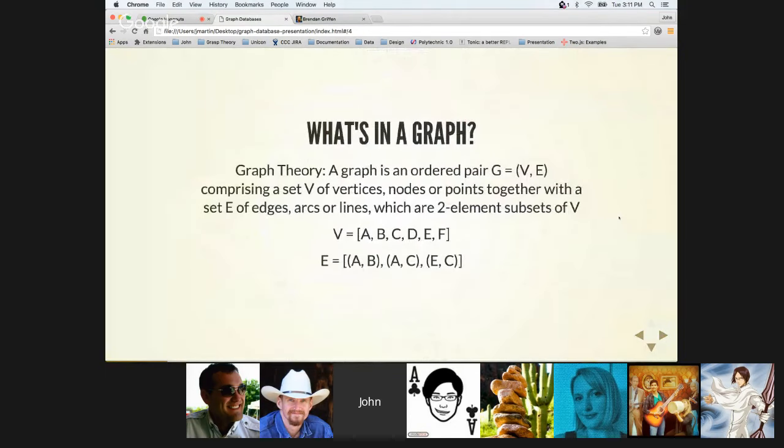Okay, so first of all, what's in a graph? The word graph isn't like a two-dimensional or three-dimensional graph. We're not plotting points and lines in a two-dimensional or three-dimensional space. When I say the word graph, it's coming from an area of mathematics called graph theory. A graph is an ordered pair. So G is a graph, and it contains V and E, where V is a set of vertices, which would be like the languages in our previous example, and E